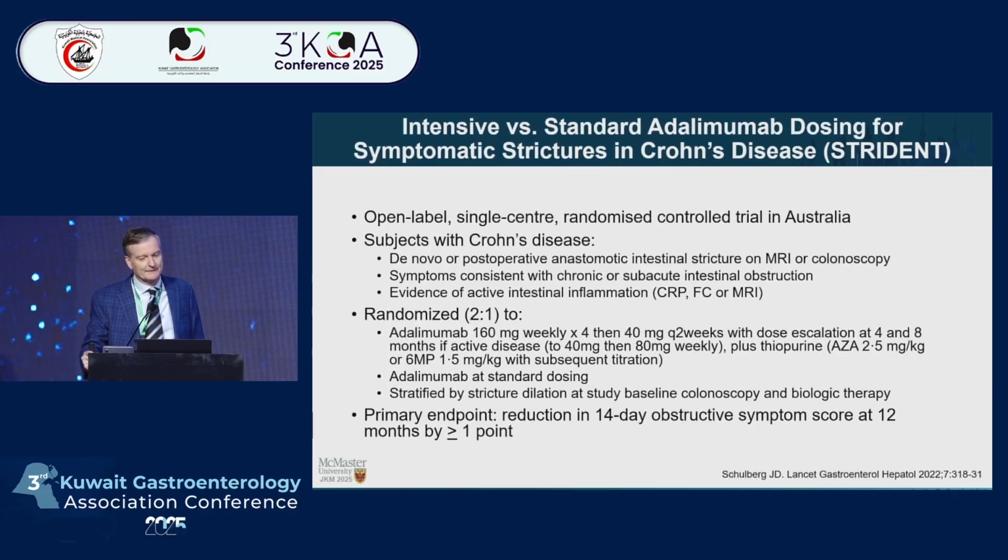This is an open-label trial performed in Australia, looking at patients with Crohn's disease who had either a post-operative anastomotic stricture or a de novo stricture, mostly in the small bowel on imaging, and were symptomatic and had evidence of inflammation: elevated CRP, calprotectin, or inflammation on MRI scan. They're randomized to 2 different strategies, either high-dose aggressive adalimumab therapy, you can look at that dosing, 160 weekly for 4 weeks, and then 40 milligrams every 2 weeks with criteria for dose escalation if there's evidence of ongoing inflammatory activity, and that was combined with azathioprine,